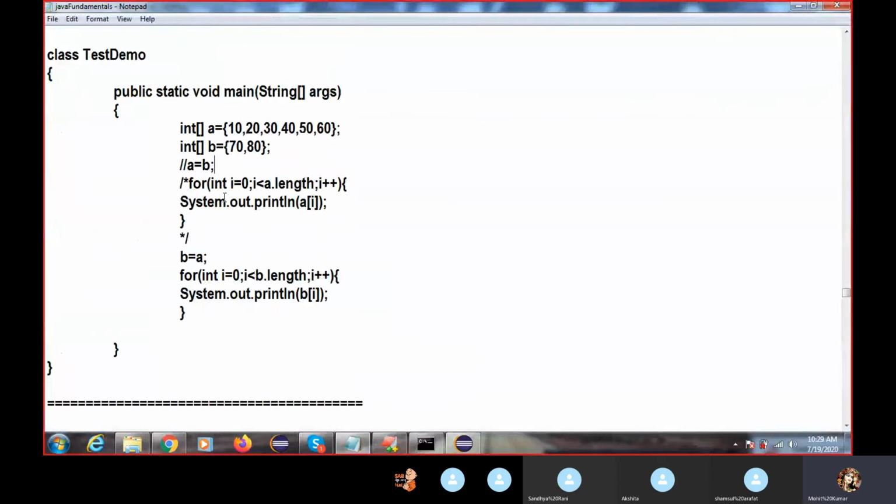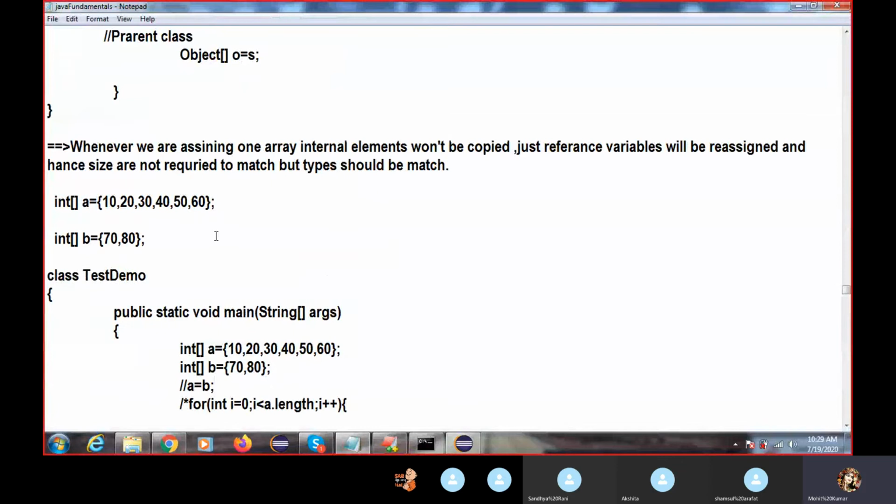So for your interview purpose, concept-wise, you should know what an array is, what its advantages and disadvantages are, and how to create an array. These are the interview questions, but you have to work on your logical programming. I have shared that, the Java concept of the day. You can make one notebook for logical programs, not for theory. For theory, my notes are enough. Don't spend your time writing out all the theory.